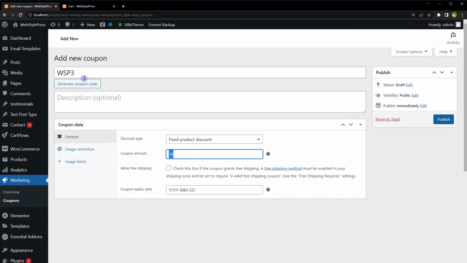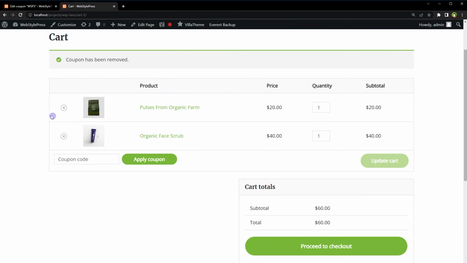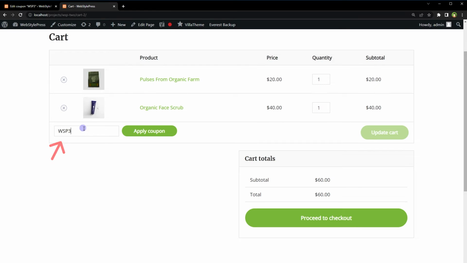If the customer uses this coupon code, $10 will be reduced from each product that he purchases, or a $10 discount will be applied to each item in the cart. Click Publish. To check that, go to Cart, reload the page, apply the new coupon code.